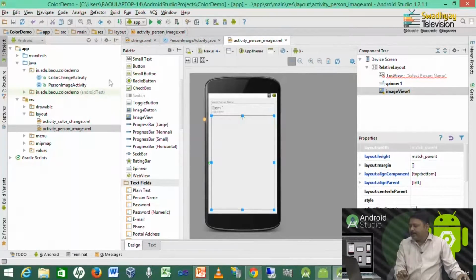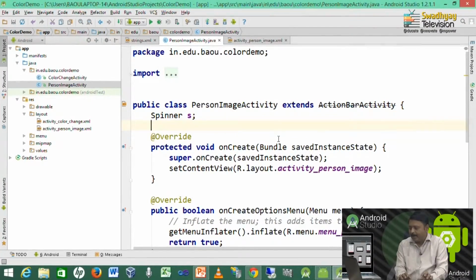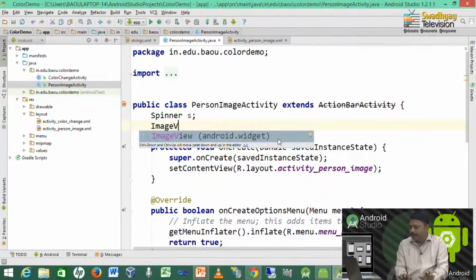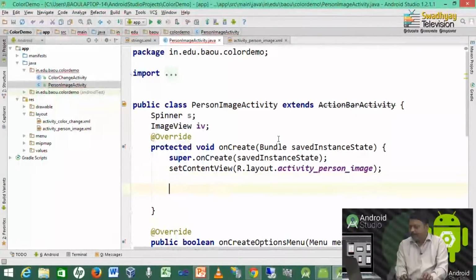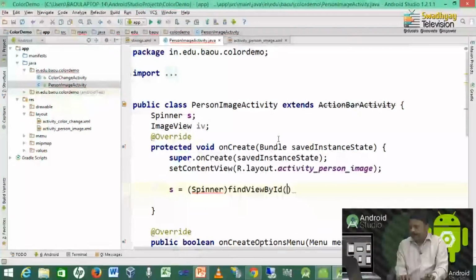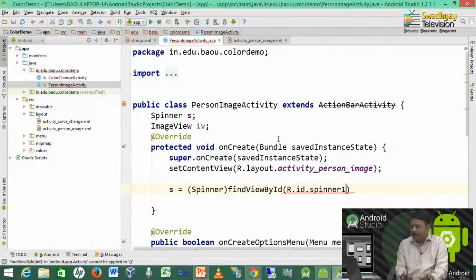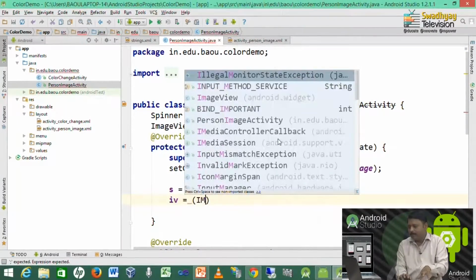So, inside this activity file, we declare a spinner S, and we declare an image view to display the person's image, IV, and we take references of the spinner and image view represented by spinner1 and imageView1.